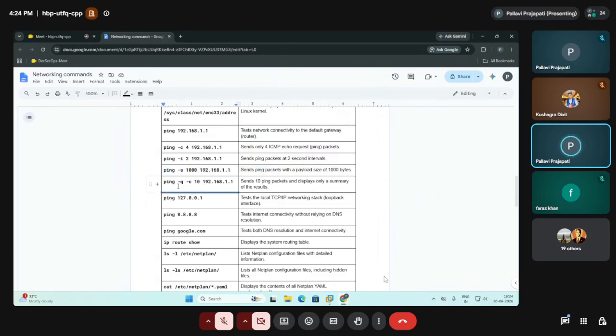Okay. So next, ping hyphen q hyphen c. Sending 10 ping packets and displaying only the summary of the 10 results. If you want to do this type of testing, you can use hyphen q and hyphen c. That means you want to send 10 ping packets and display only a summary of the result.